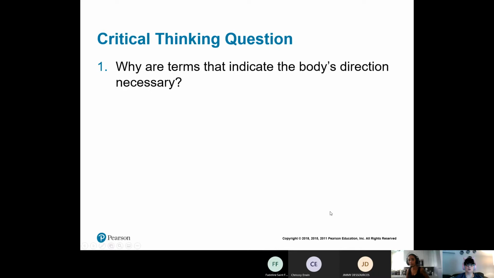Direction is necessary because when we're referring to a bone, or an injury, or a specific site, being able to point out and give an exact description to somebody who's not with the patient, but maybe reading the report, they'll know by the way that we give our directions and explain its location exactly